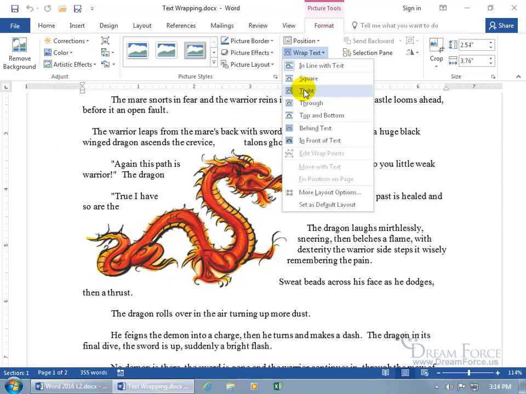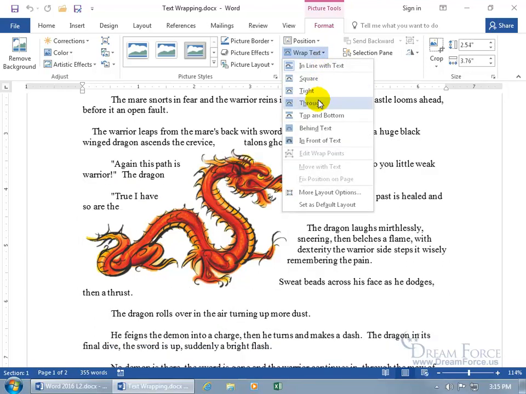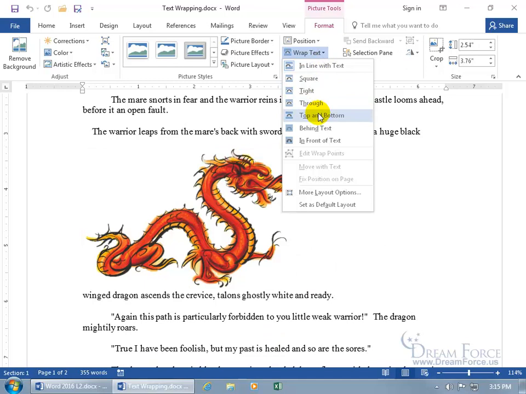And what tight does is, when it sees that the image has white space around it, when we selected the image, like we did here, you've got the box of extra white space. So tight or through just says, hey, we got some white space that you probably don't mind if we just cut through it. If you do, then don't select it. But in any case, wrap text. Through is the same. You can do top and bottom, which you'd think is like the inline with text, but